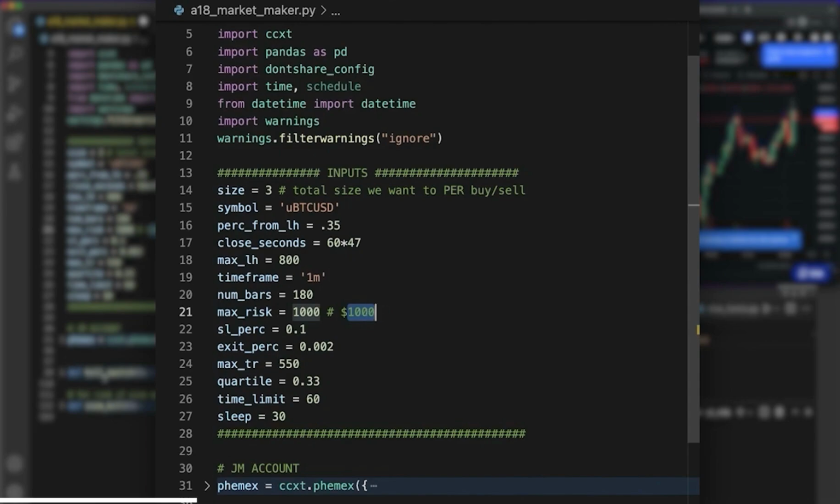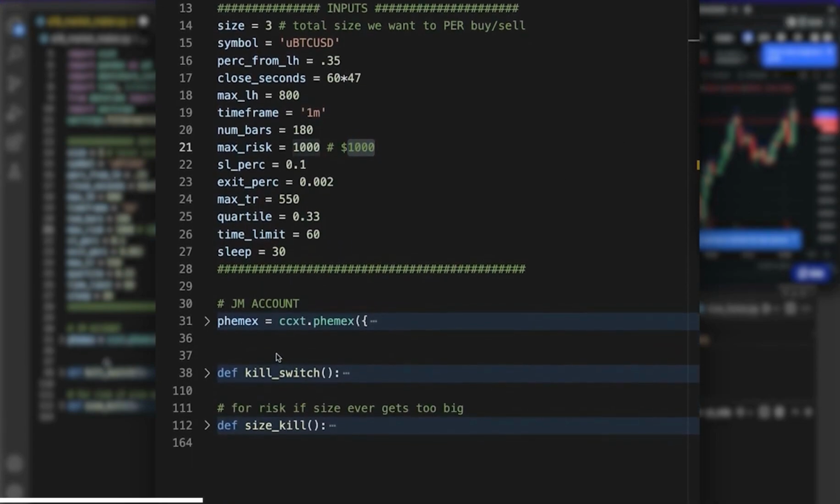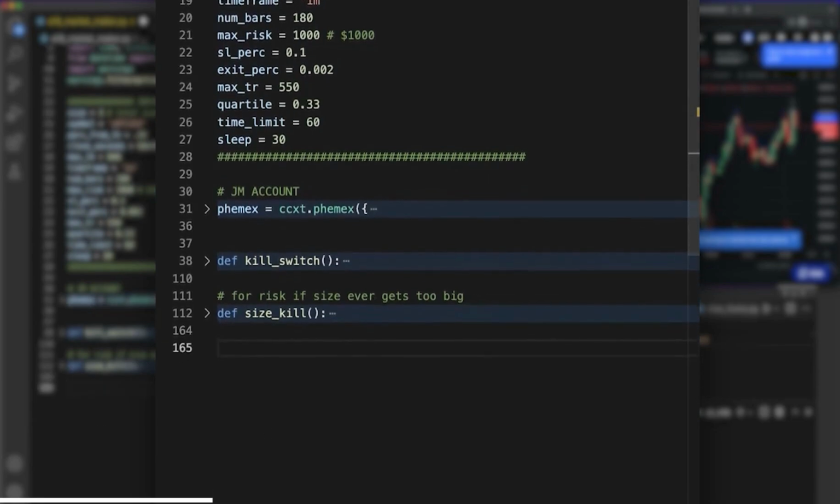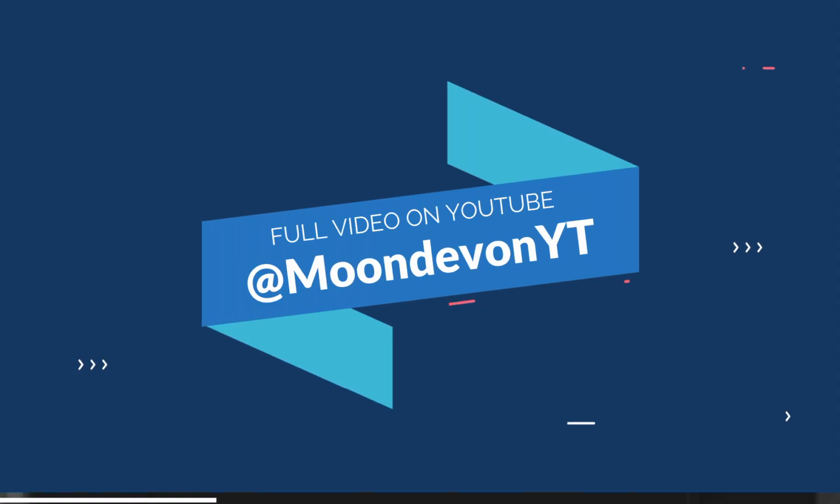Like if everything fails and everything goes crazy, which it shouldn't, we're gonna build it, and it never has, but I like to put risk parameters in there. So if it ever gets bigger than max risk of $1,000, then just close, and when I get back to the computer, I'll look into it. So we have our 2 kill switches, which we do need. We also need to get our open positions. Let's go ahead and